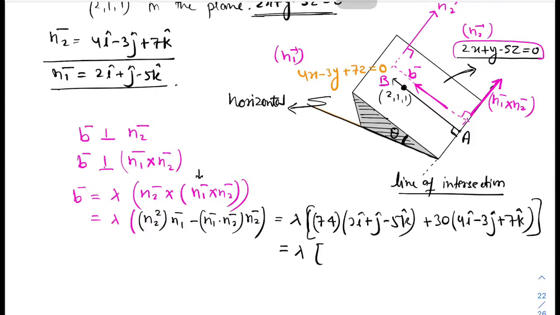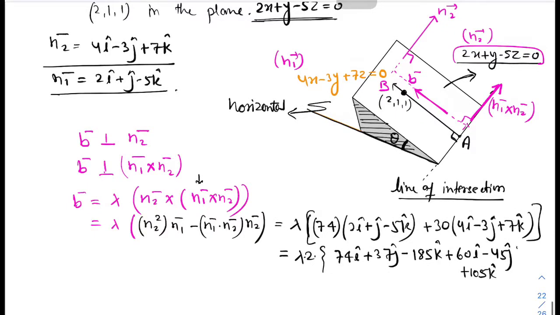we can take out something common. Okay, let us take 2 common, so it will be 37 into 2, 74i plus 37j minus 37 into 5 will be 185, okay, k, plus 60i cap and minus 45j cap plus 105k cap. Okay, so this is our, you can simplify if every calculation is good,